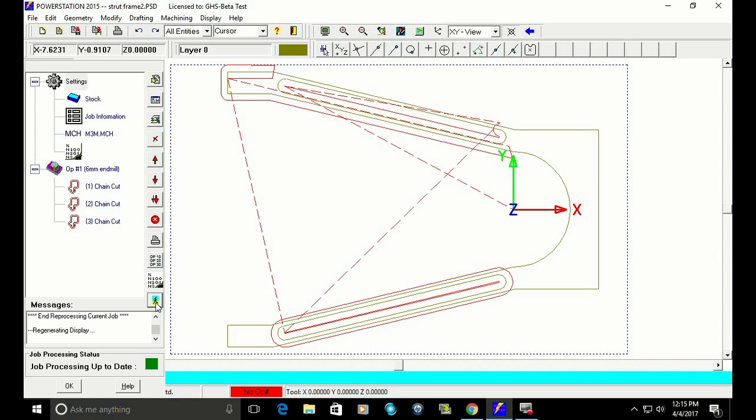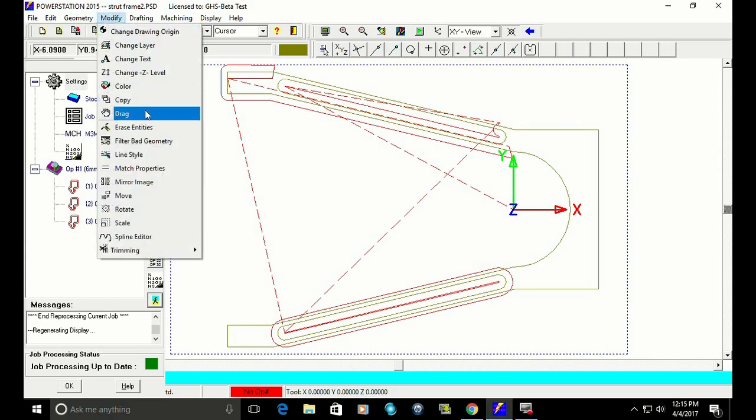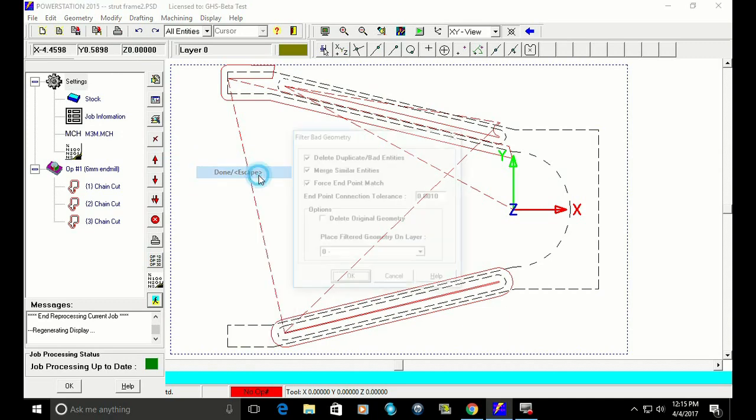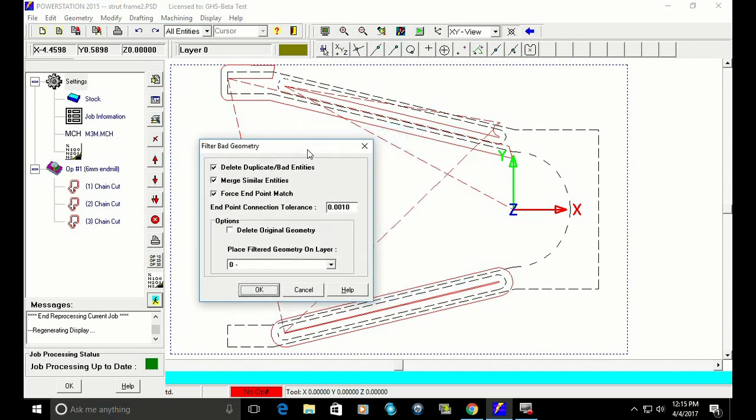I want to know that this is where we're at. Start from a simple base point. So it's still not working right up there. Okay. The first thing I do is the filter bad geometry command. It's always the very first thing I do. Because when it comes to chaining, well, first let me just take all the entities. Okay, we're done. And when it comes to chaining, a lot of people say, there's something wrong with the